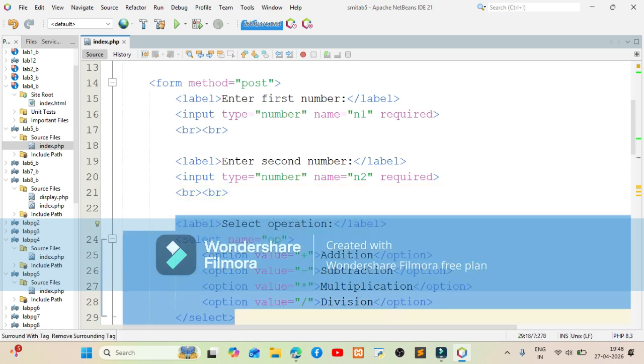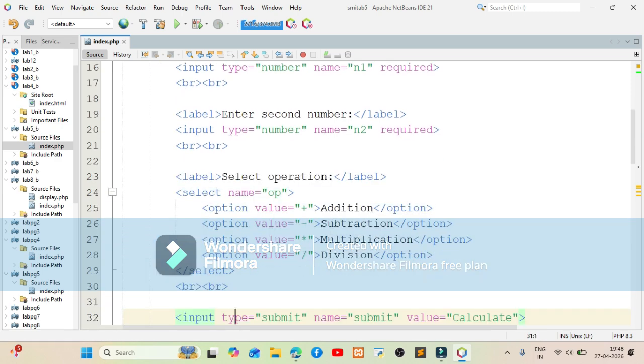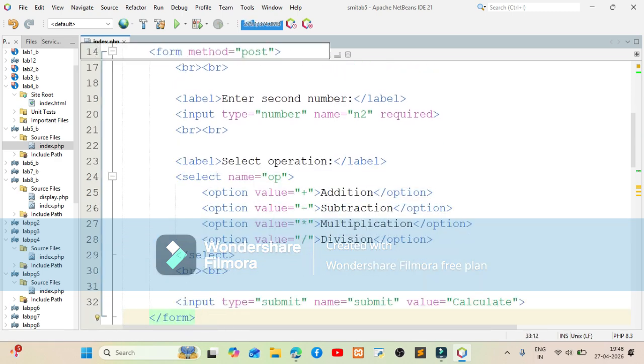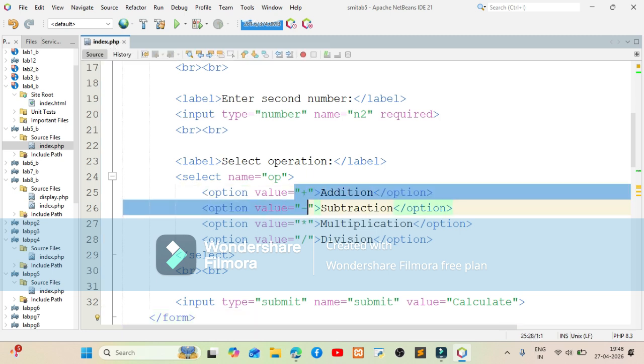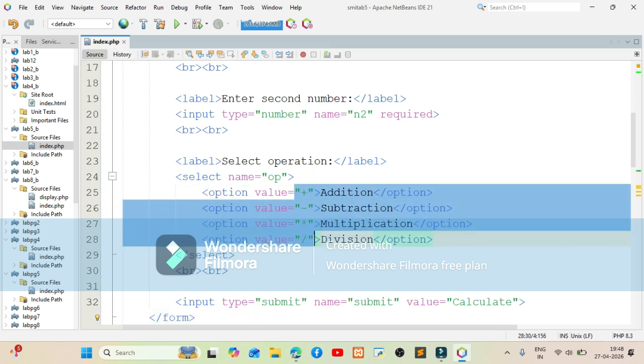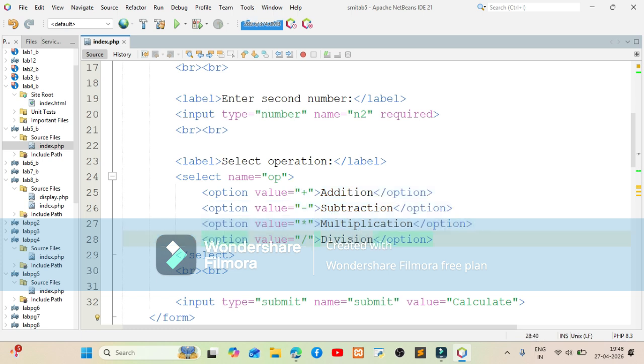Whenever you see select an option, what kind of form input is this? Try to revise that. The different values that we display to the users are plus for addition, minus for subtraction, star for multiplication and slash for division.